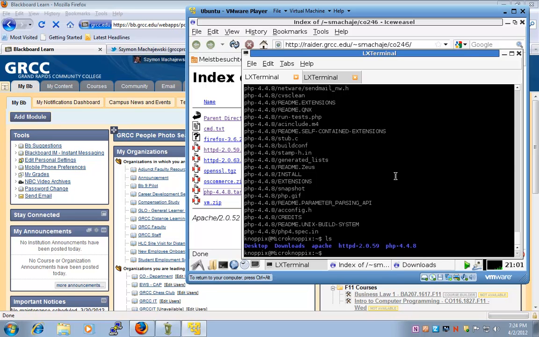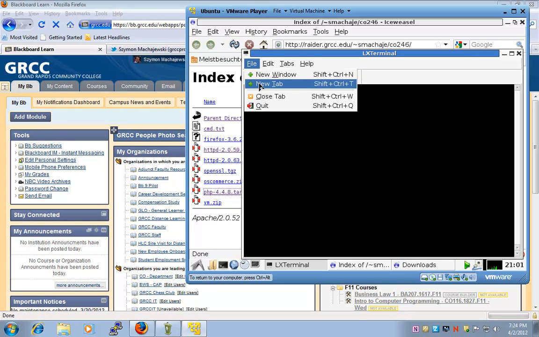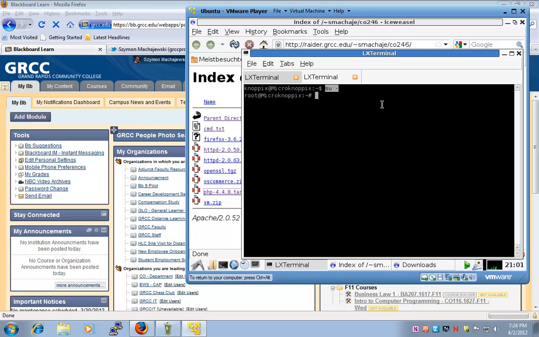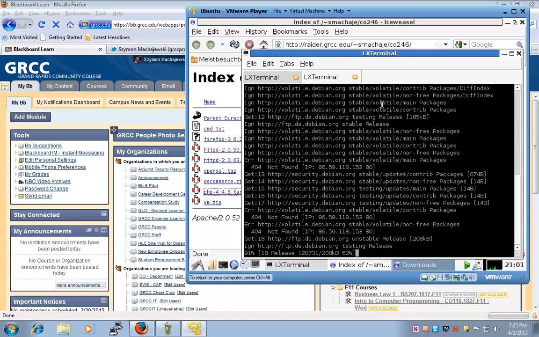Okay. My next step is going to be to update my operating system. I'll say su dash, and su dash is a command which allows me to log in to the operating system as root. I opened a new terminal to do that, and I will run the command apt-get update. This is going to allow Knoppix to recompile its inventory of available software,